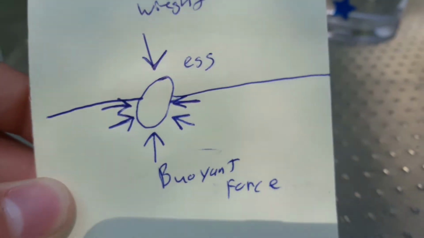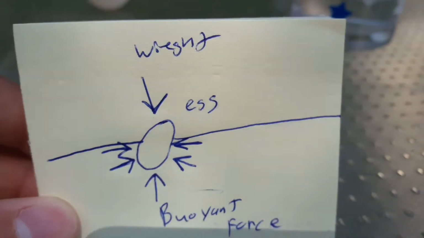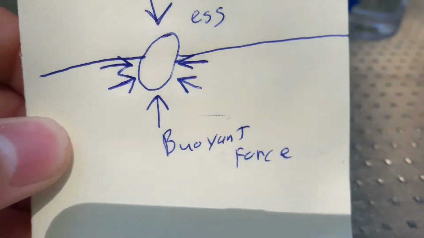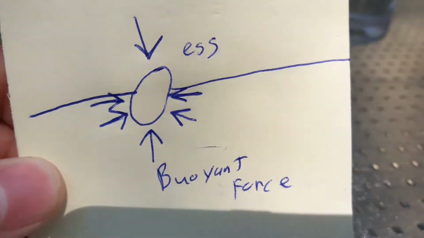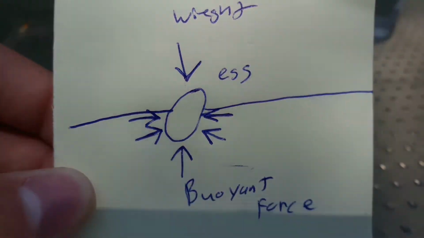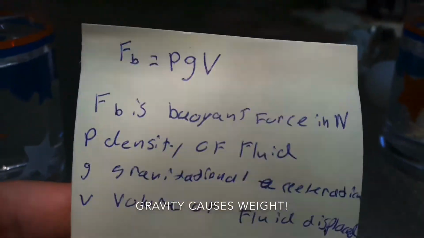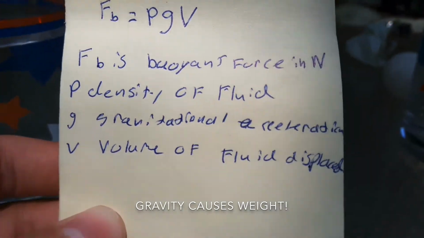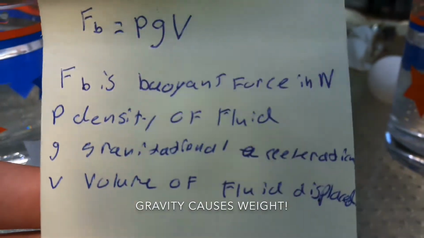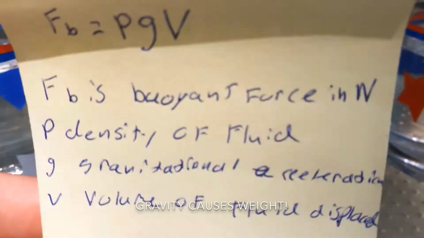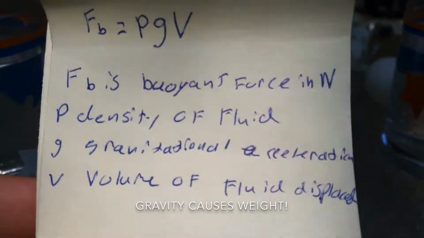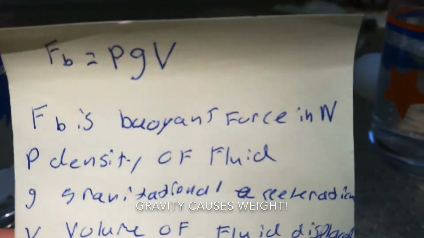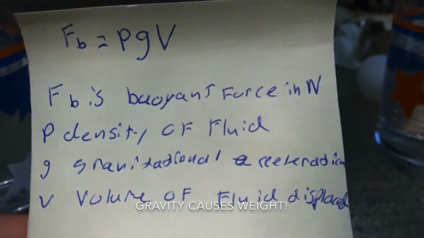Right? And these forces on the sides right here cancel out because they're pushing in opposite directions with the same amount of force. So the net buoyant force is always going to be pushing up, never down. Let's take another look at this. Some people say that in order for gravity to be a thing, the buoyant force must be pushing down more, like it must displace more fluid than its weight due to the acceleration of gravity. But its weight is the acceleration of gravity. It should not displace more. It just does not make sense.